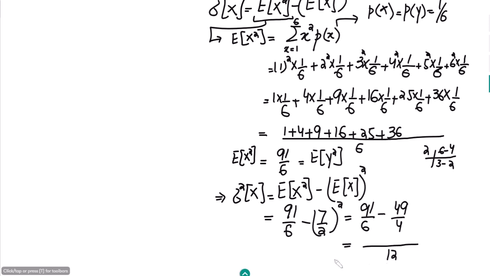So 12. Okay, so multiplying this 12 with this one, 91 multiplied by 2 is 182, minus 3 multiplied by 49, so 3 times 49 will become 3 9 27, 3 4 12, 12 and 2 is 14, 147. Okay, so it will become what? It will be 35 divided by 12, or